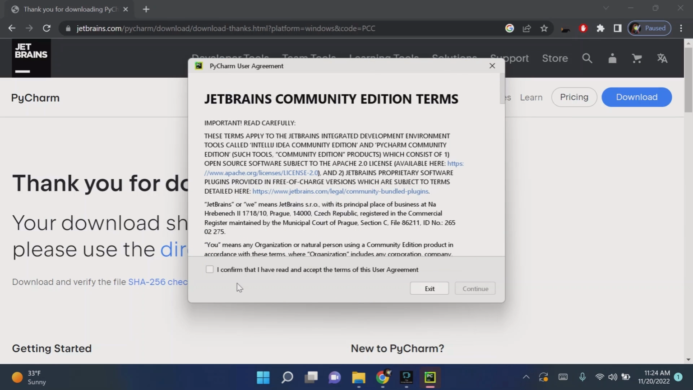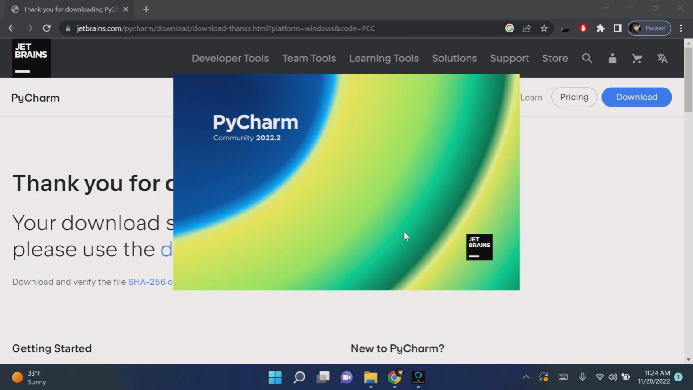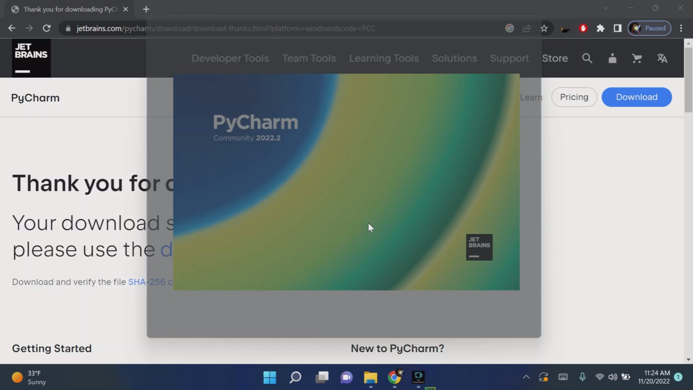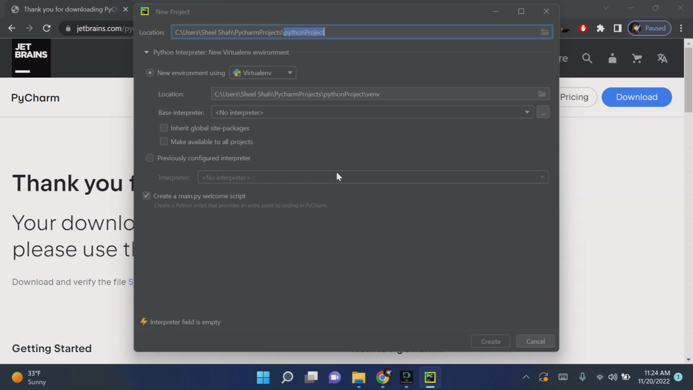Click the icon to open, agree to the terms and service, and then click continue. For data sharing, you can choose whatever you want, but I'm going to click don't send. Now PyCharm will boot up. Once you have arrived at this screen, click new project,